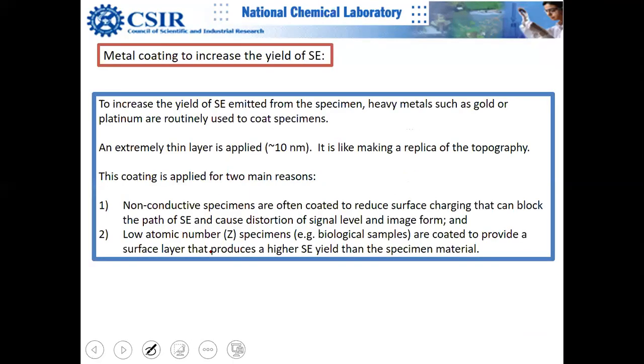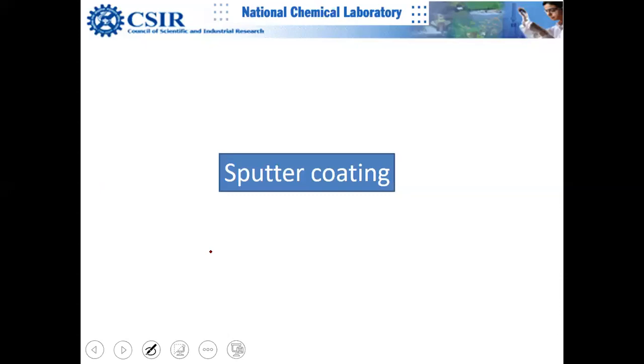Another thing is that you don't get much contrast, much secondary electrons and backscatter electrons, from biology samples. So this coating of heavy elements creates a replica of it, which is a beautiful thing. It basically gives you beautiful topography on biological samples. With the shadow effect, images are awesome on biological samples. Just coat it enough.